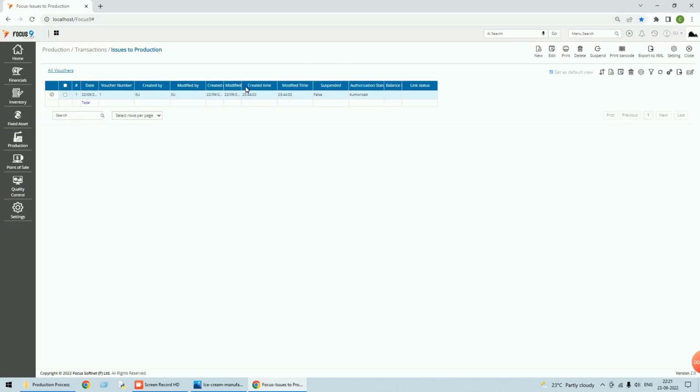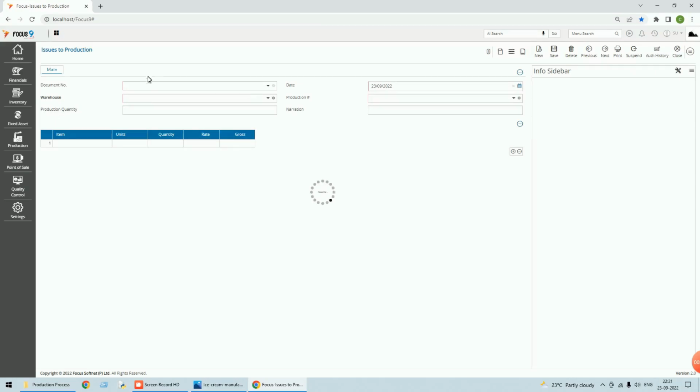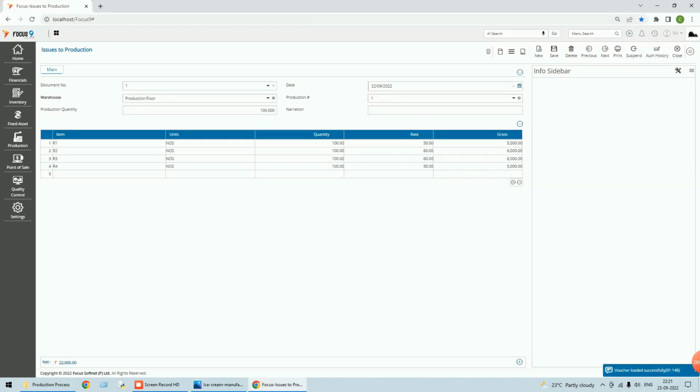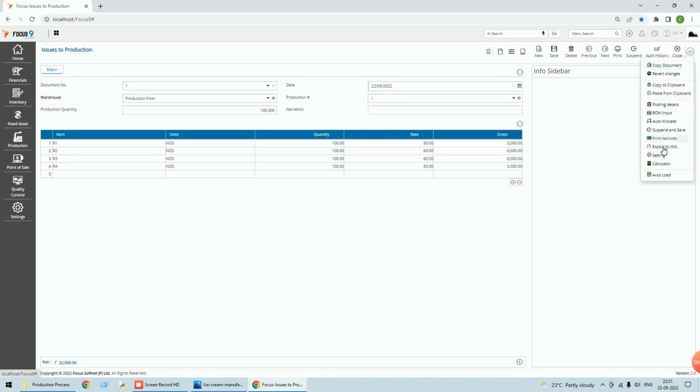Here you have the header details: the document number, date, warehouse, production order number, production order quantity. But we are not saving any sub process field. As I said, if you activate the setting in configure transactions,